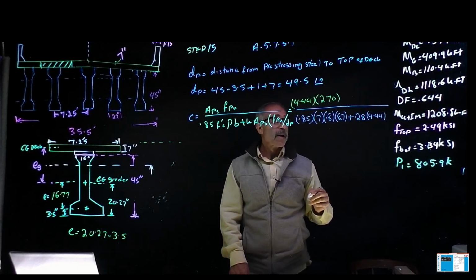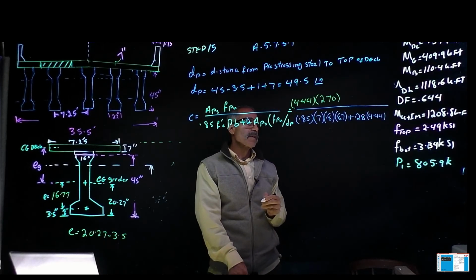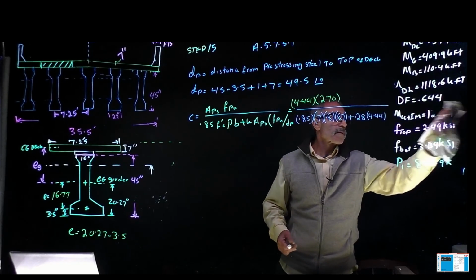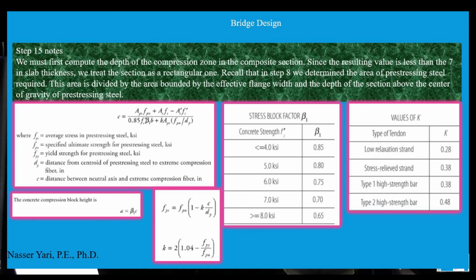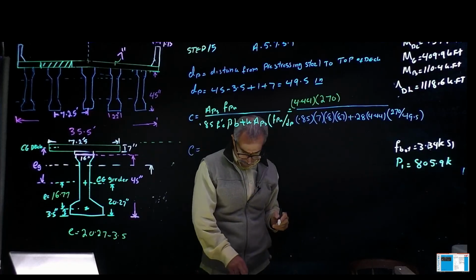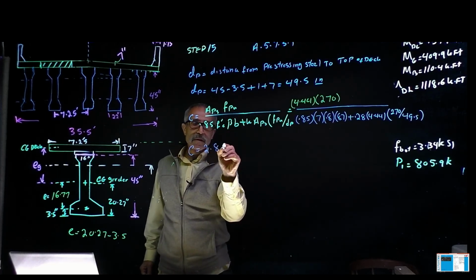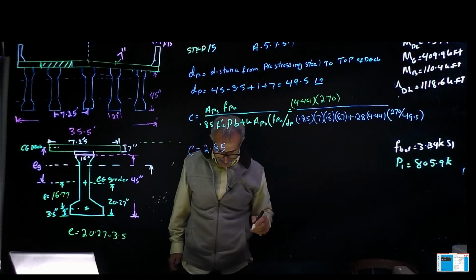times 270, which is f_pu, divided by 49.5. So C comes out to become 2.85. Okay. So now